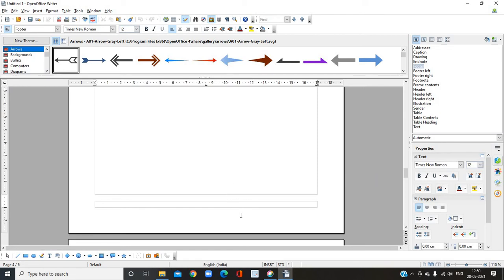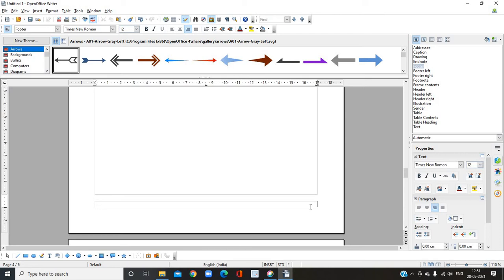So here at the bottom of the page, I would like to insert the page number. See here, left and right alignments are there. It is your choice. You can insert it here at the left side, or at the right alignment, you can insert the page number at the right side of the footer.